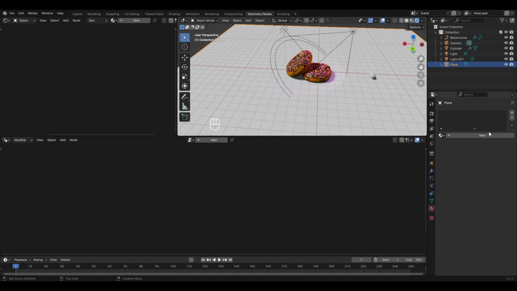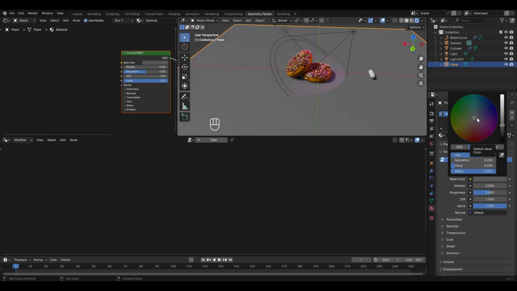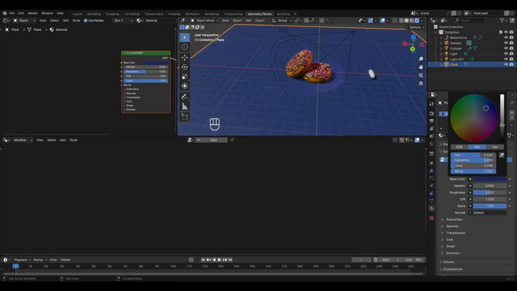And let's also change the color of this base to a darker color like grey color. So I'll go to the material properties, click on the new button and change the color by reducing the brightness from here. If you want, you can also change the color to dark blue or dark purple or red color or any other color of your choice. For now, I'll be keeping the purple color.